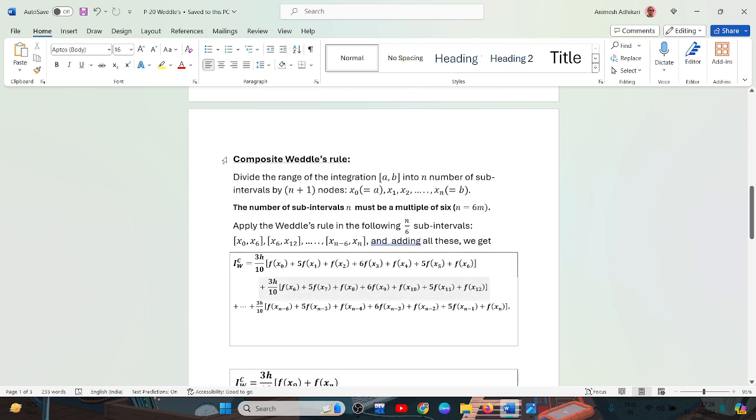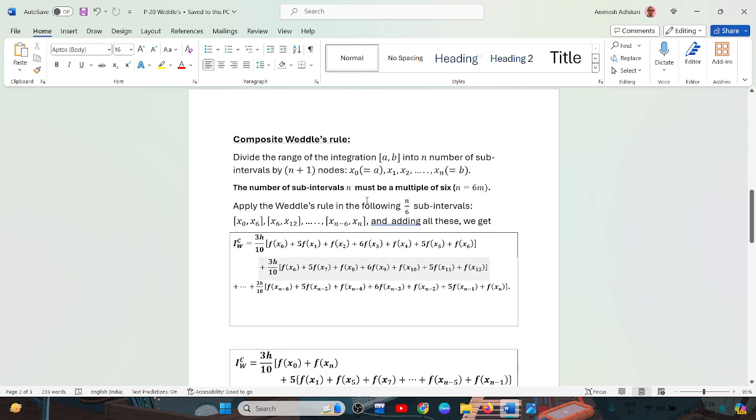The composite Weddle's rule divides the range of integration [a, b] into n subintervals by n + 1 ordinates or nodes x0, x1, x2, ..., xn. The number of subintervals n must be a multiple of 6, and we apply Weddle's rule in the following n/6 subintervals: x0 to x6, x6 to x12, ..., x(n-6) to xn, and adding all these